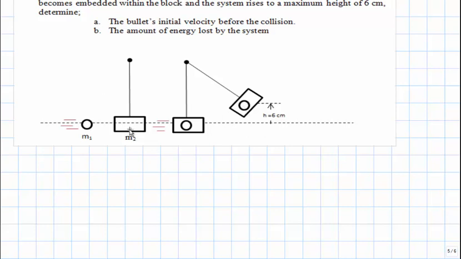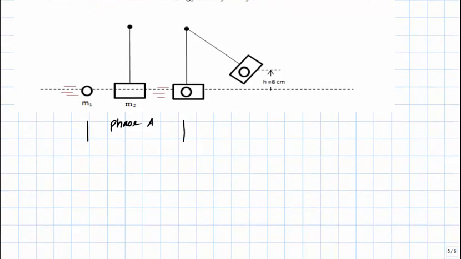We have depicted a two-phase problem. The first phase involves a collision, and we can label it between this location and this location as phase A. And this phase is addressed through the conservation of momentum theorem, because this phase involves a perfectly inelastic collision. So we'll note that the conservation of momentum theorem